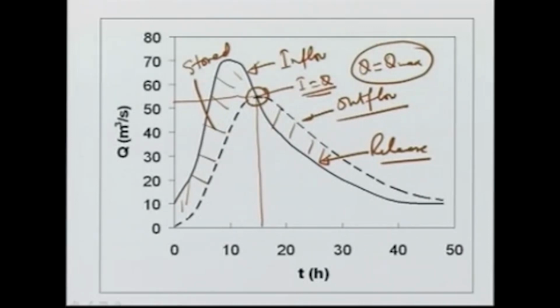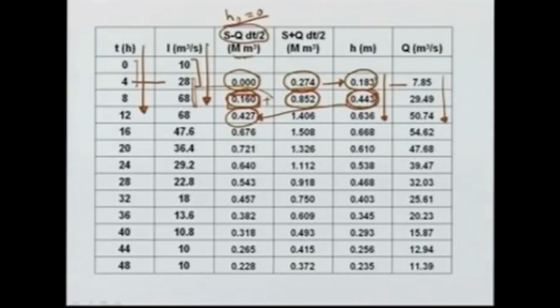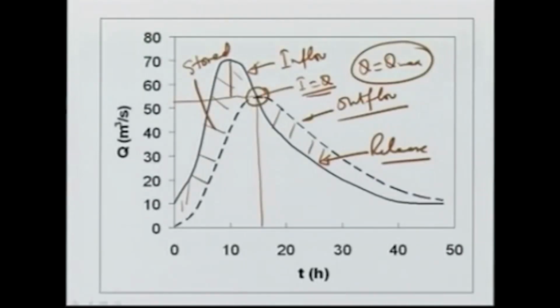The peak of the outflow, as we can see from this figure, this table, is about 55 meter cube per second. The peak of the inflow is around 68. So, there is an attenuation or a decrease in peak of about 13 meter cube per second, and it has also shifted. So, the peak shifts or there is a lag and there is an attenuation in the outflow hydrograph. So, in this way we can perform the storage routing and obtain the outflow curve, and